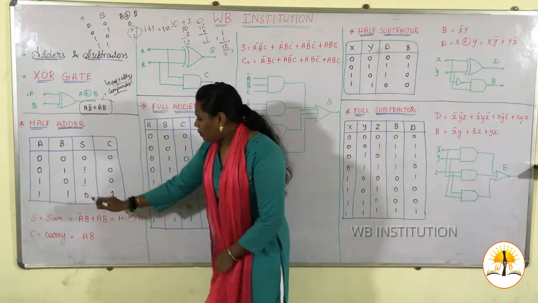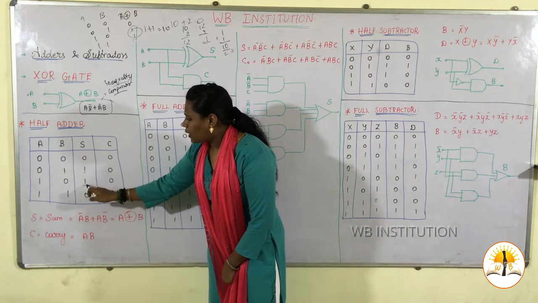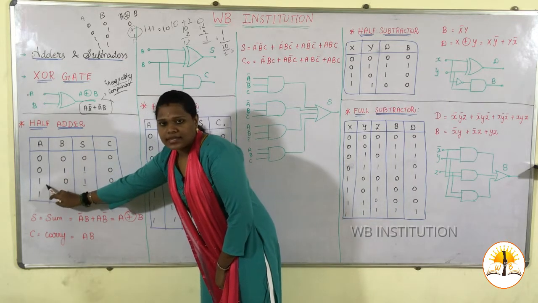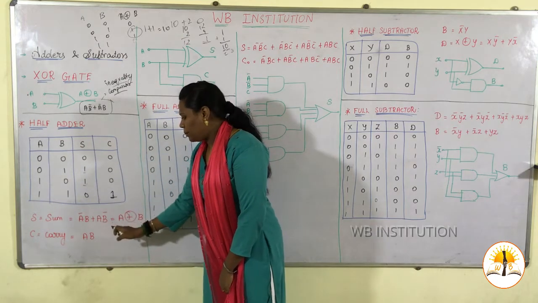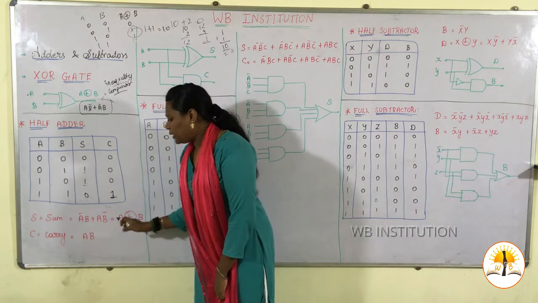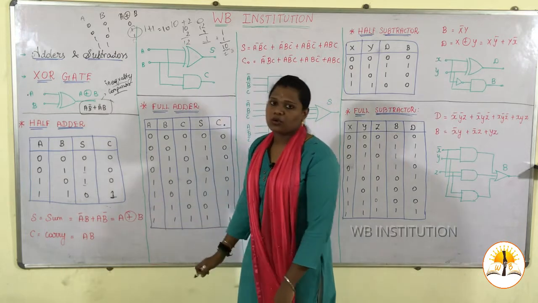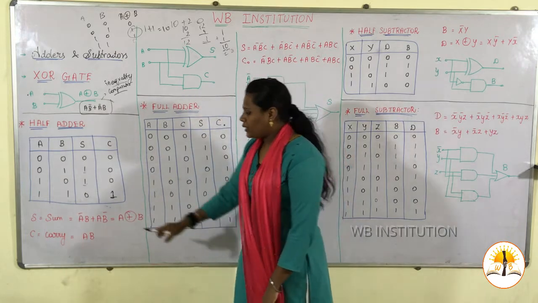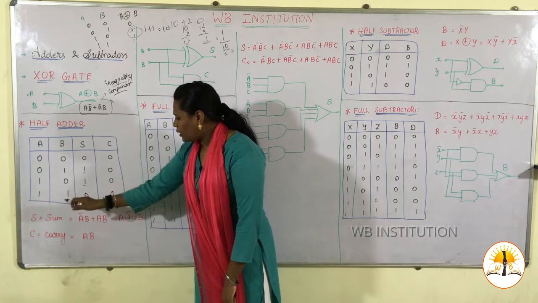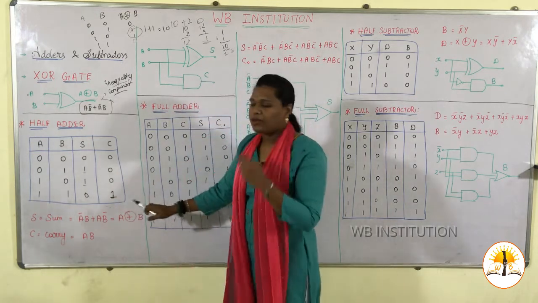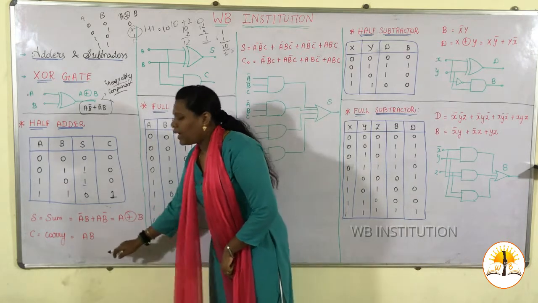Okay, and for B check, sorry, for another one check, A is in I, so I have mentioned A, and B is in low, so A B bar. So as I said earlier, A bar B, A plus B is nothing but A exclusive of B. Okay, then coming for C, carry. Carry we got only 1 here. So for that only 1, where does it give only 1? When both the inputs are I, A and B.